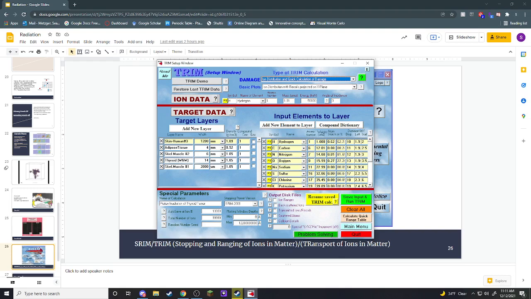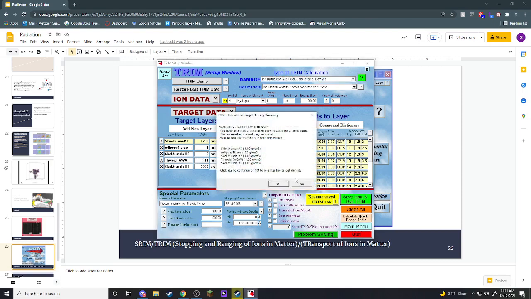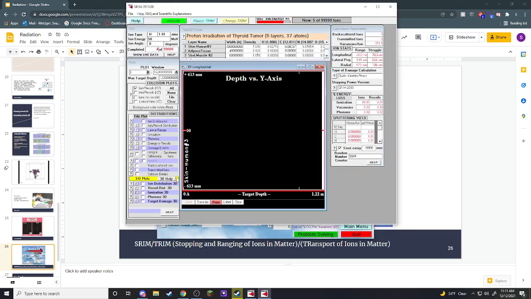We have all of our compositions that are usually making up the body, and we have our skin, adipose, skeletal muscle, our thyroid, and then more skeletal muscle. And what this is going to show is